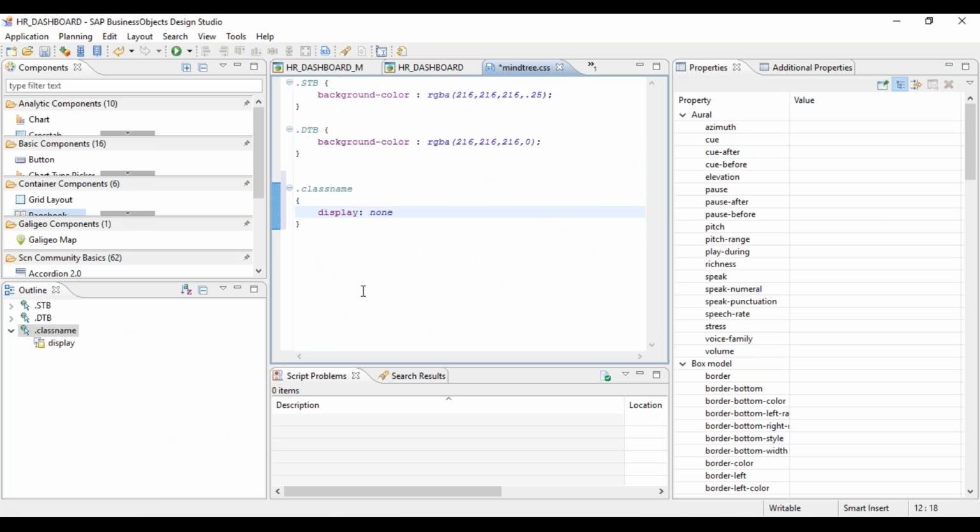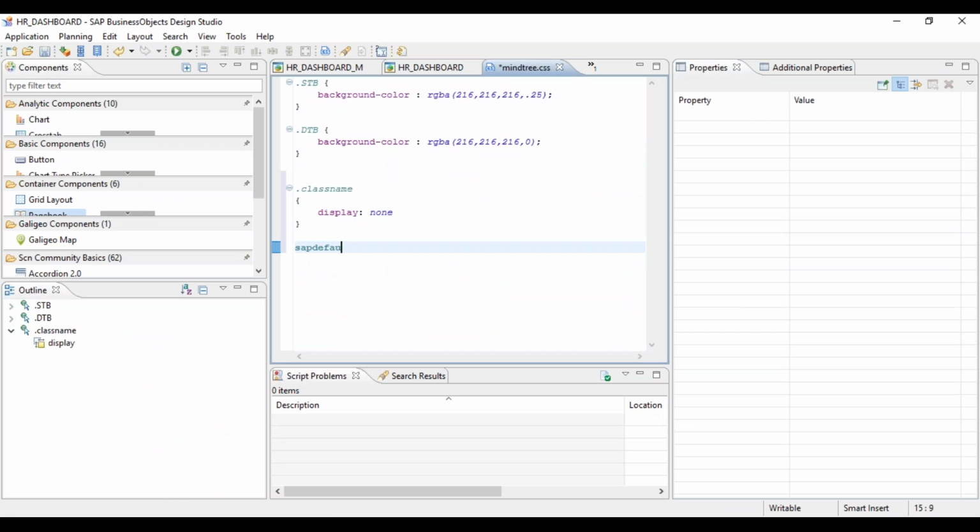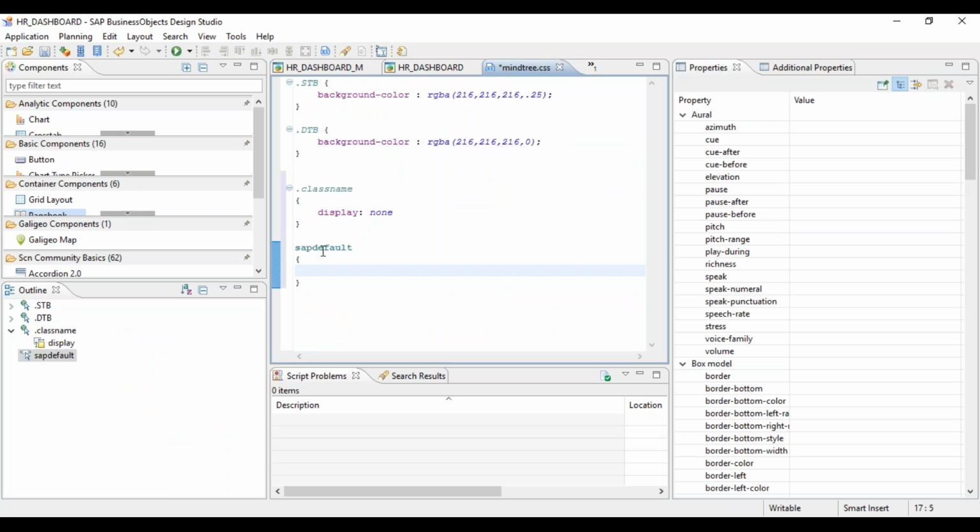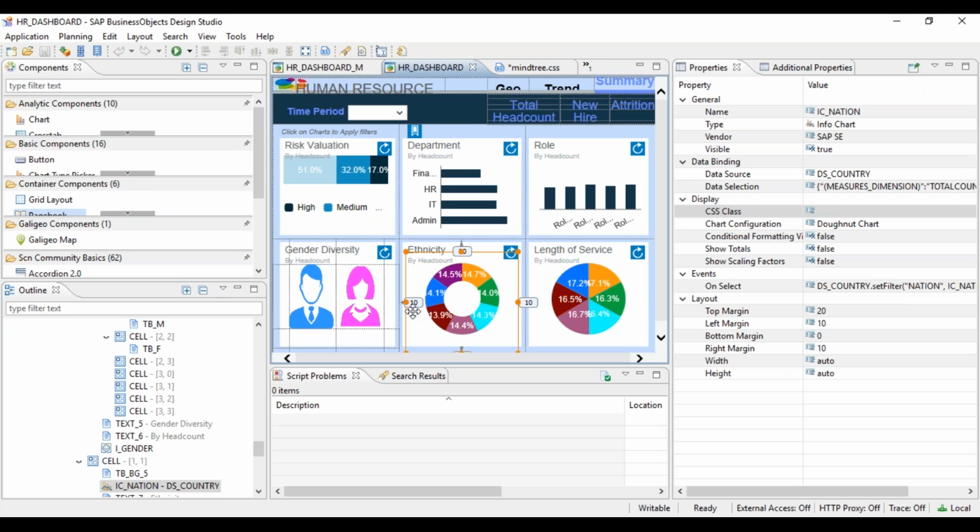For example, say SAP default class name is there, right? This is your class name, that is default. And if you are changing some parameters here, you don't have to assign this class to the component because this is a default class for the component. Automatically it will reflect for all the charts which have this particular class, or all the pie charts, right? Because this is a pie chart, SAP default pie chart, so all the pie charts in your application will reflect. If you don't want to do that, you give a name, custom pie, and take this custom pie and assign this custom pie to the pie charts on which you want to apply the CSS.